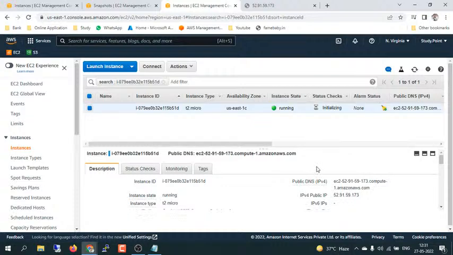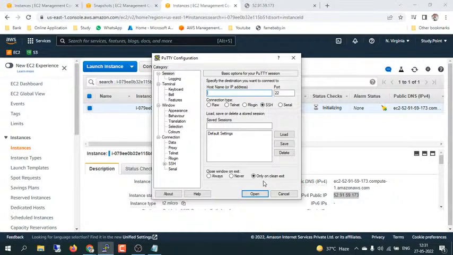Status check still initializing. So let me try to open that in PuTTY, because sometimes what happens is the status check says initializing, but the server will get ready. Okay, let me try, but we can wait till the server's status check gets 2 by 2 pass. So what you need to do, just copy your public IP, put it here, port number 22